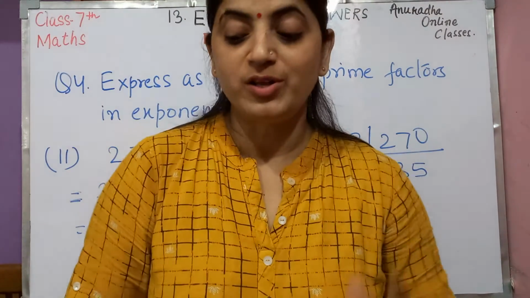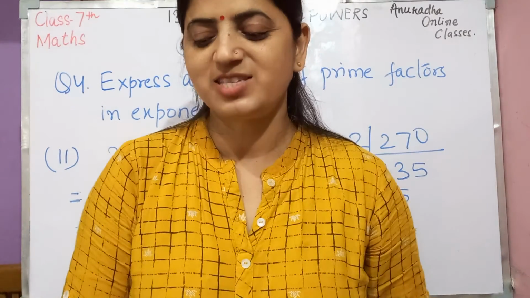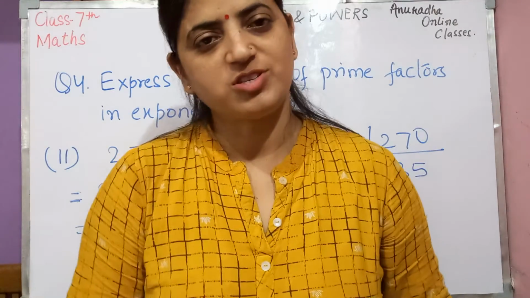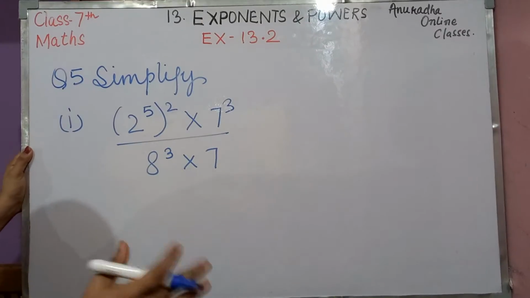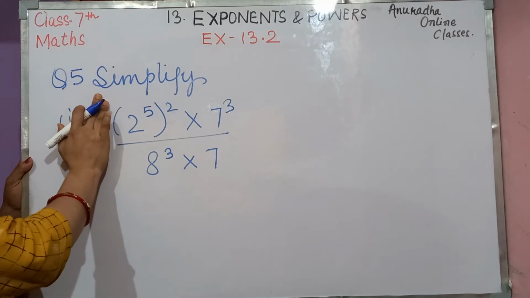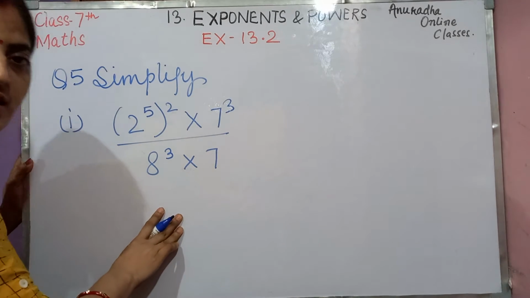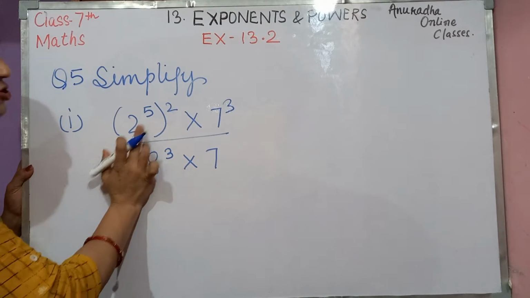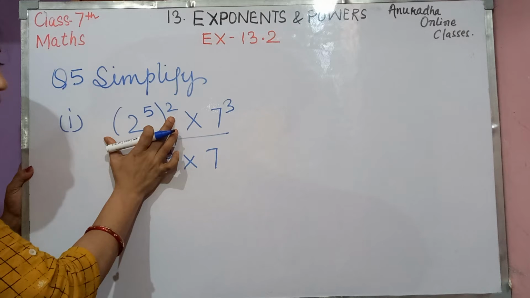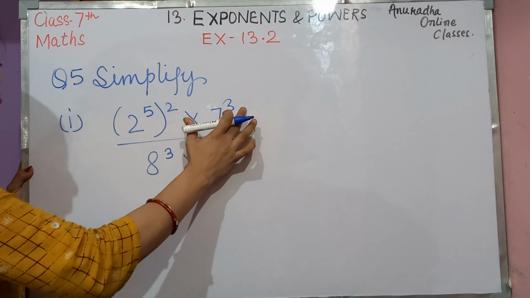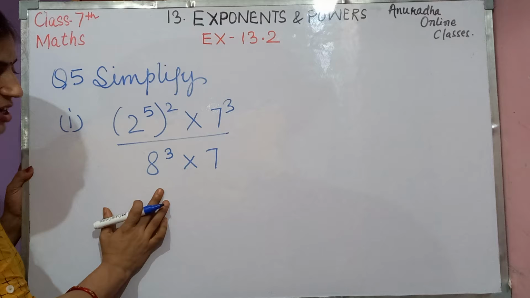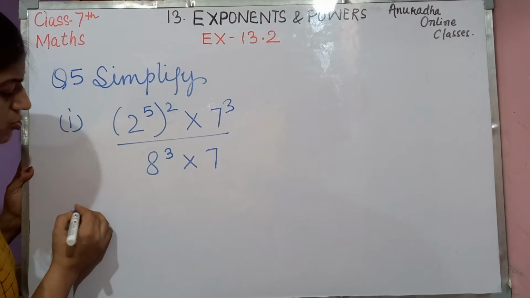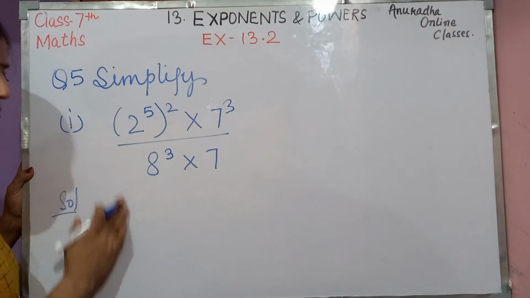Now let's come to its very important question of this exercise, that is question number 5. Question number 5 का first part मैं आपको यहाँ करा रही हूँ, just watch that. See children, here is only written simplify, means exponential form में आप आंसर निकालें, it's not compulsory, आप पूरा उसको solve भी कर सकते हैं. See, the question is 2 raised to the power 5 and whole bracket 2 square into 7 raised to the power 3, that means 7 cube, divided by 8 raised to the power 3, that is into 7. Okay, so how you will solve it? Firstly, you note down this only.